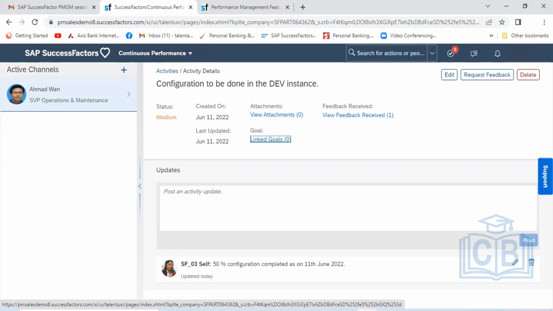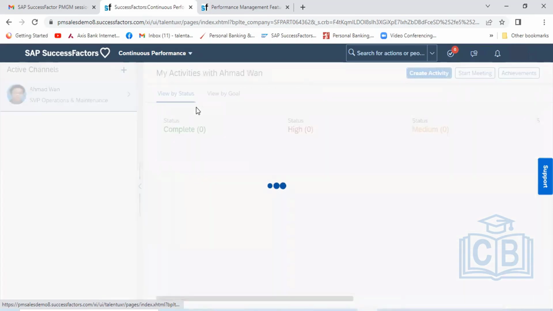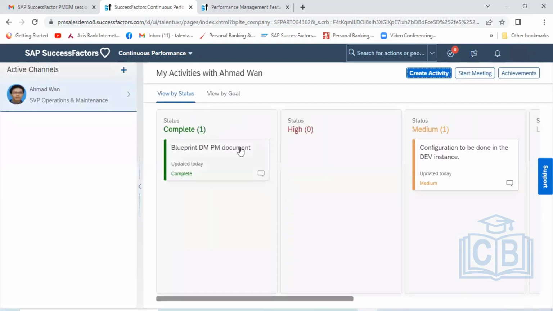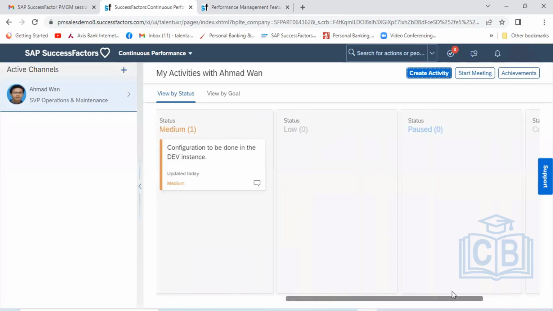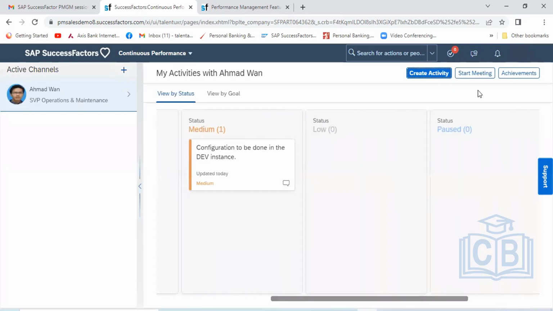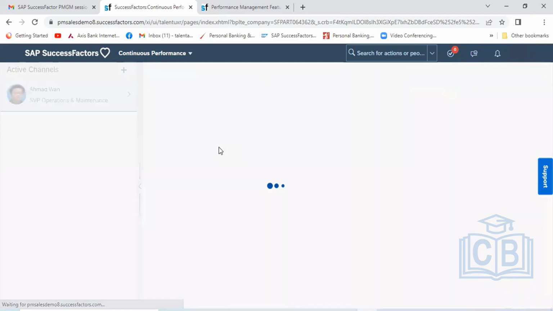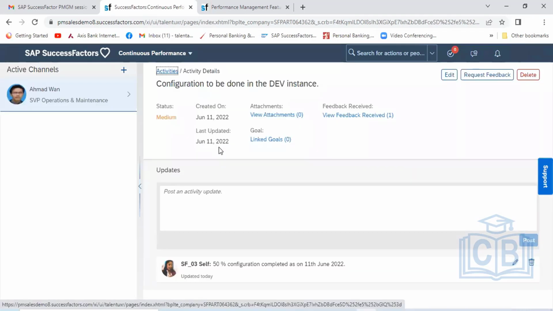The same screen will be shown here. The way the screen shows in the employee section, with completed, high, medium, and everything, the same will come in the manager view also. The manager can have the activity and see the achievement, and when the manager clicks here, the manager can see the feedback given by other employees.